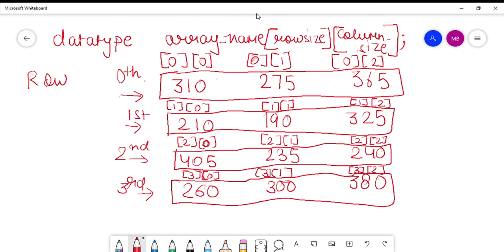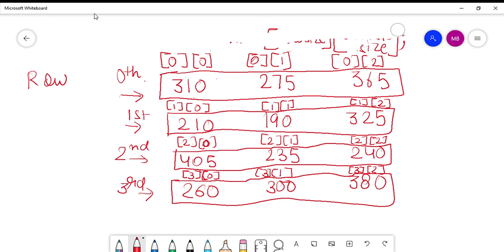So this is how you represent the data elements in a two-dimensional array. The horizontal side is representing the rows and the vertical side is representing the columns. So this is the section of the row and this is the section of the columns. Right?